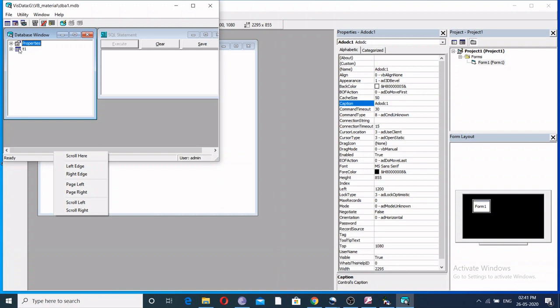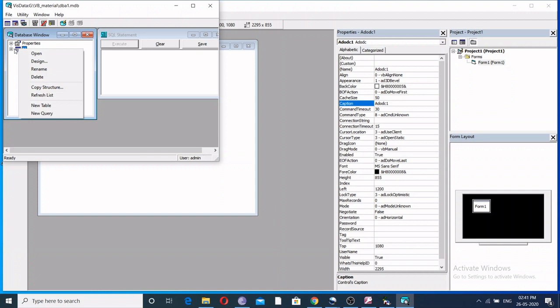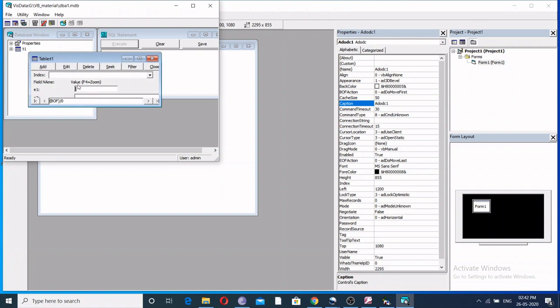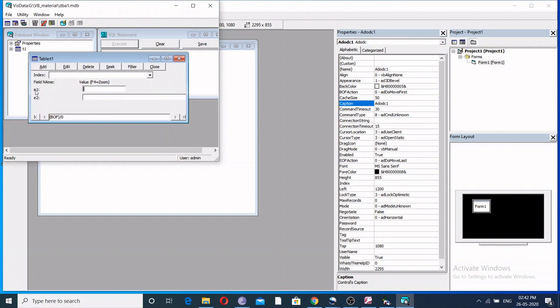Then in order to add the records, we just right click the table, then open, so that you will get this window, and you are allowed to enter the records. As we already created two fields, E1 and E2, those field names are added here, and it is ready to accept the values. So in order to edit the values, we have to click add, then update, then add one more record.